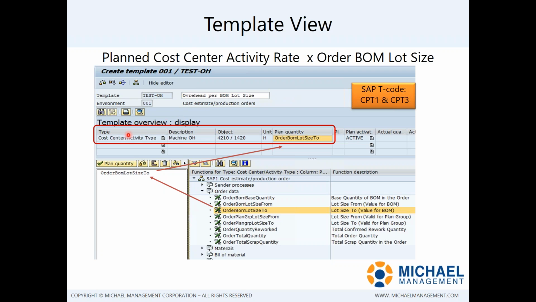So how is this accomplished? In the template, there's one row here where I've specifically picked that this type of overhead is a cost center activity type, and I've linked that to a cost center activity that's already been existing, which is this cost center 4210, and this activity 1420 is my machine hours. So this piece here is using the standard CO activity rate that's been planned on a cost center,